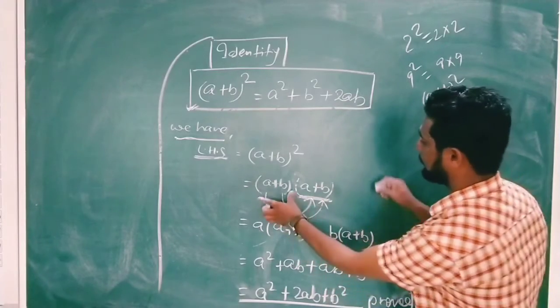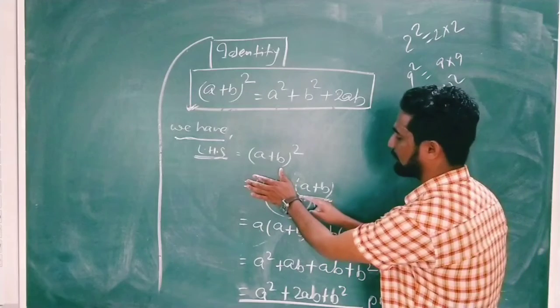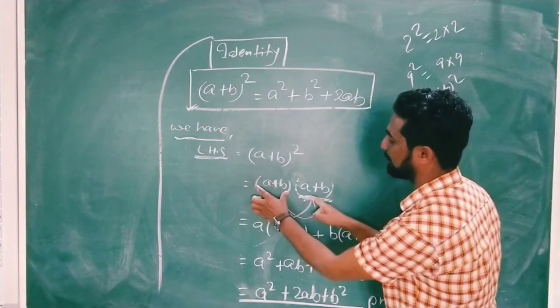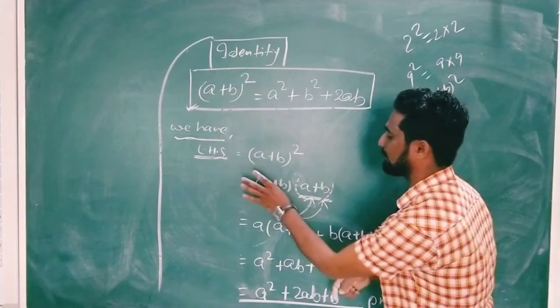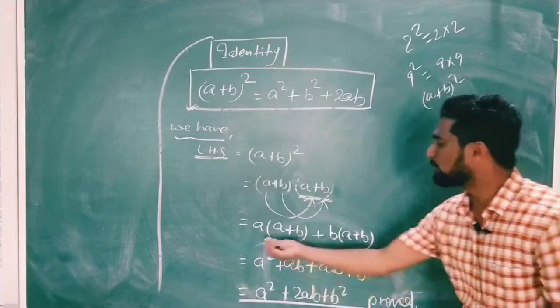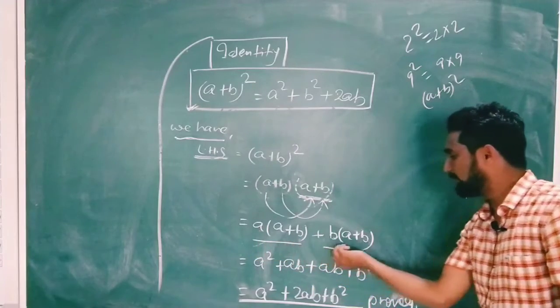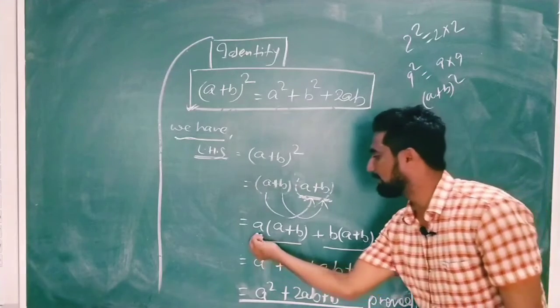You could take it here also, but the same process will be there. You can cover it, you can take this a and multiply with this (a plus b), and you can take b later on and then multiply with this (a plus b), but the same thing will be there. So it is better it is done here, you can see. So a into (a plus b) and b into (a plus b), now you just break the bracket, the small bracket, so what will come, it will be multiplied with a, it will be multiplied with b also.